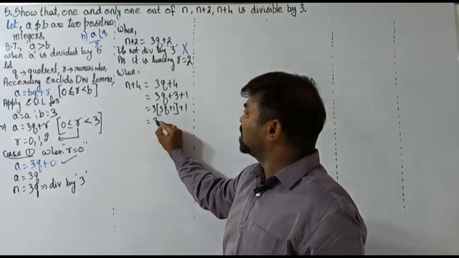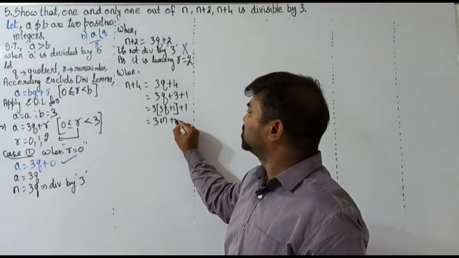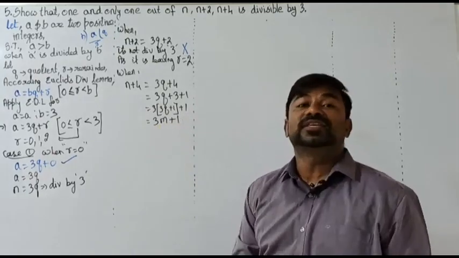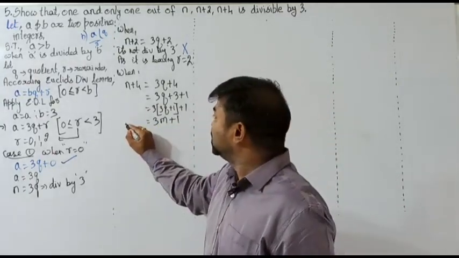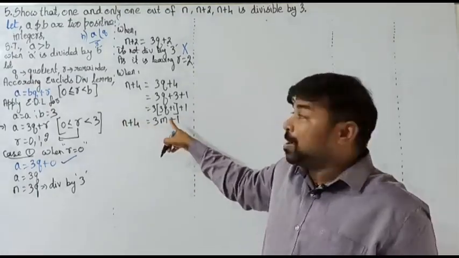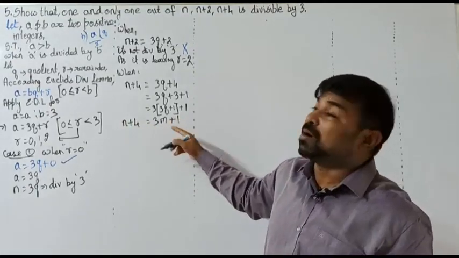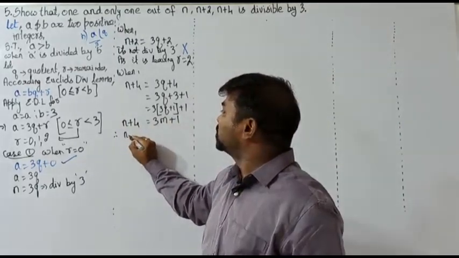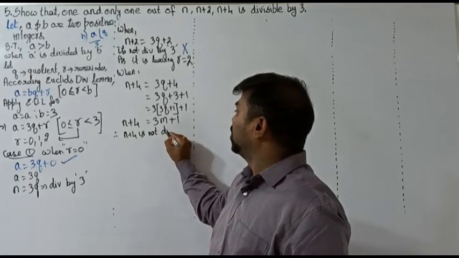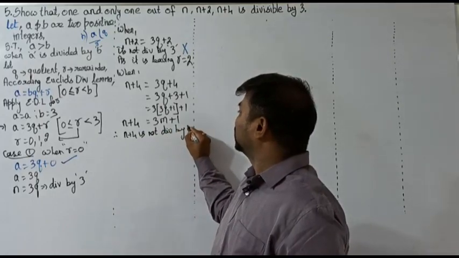Now can I write that as something like 3m plus 1? Yes, here it is a multiple of 3, but it is leaving the remainder 1, which means n plus 4 is a multiple of 3 plus 1, which is the remainder. Therefore, n plus 4 is not divisible by